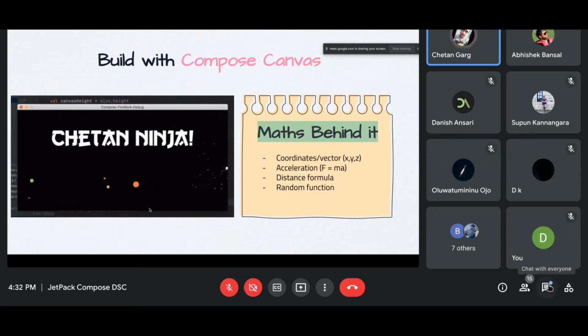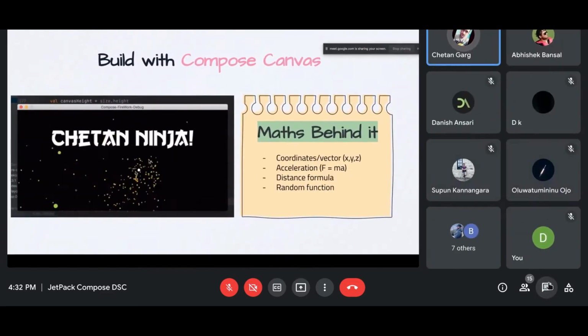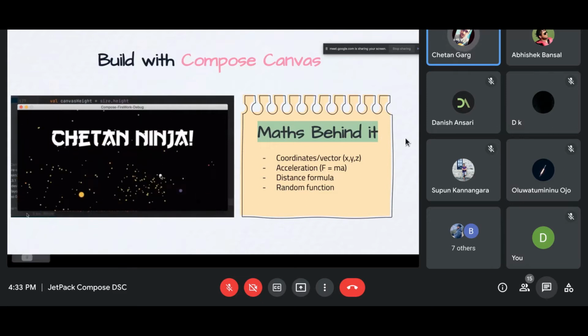So there will come a point when the negative velocity becomes 0 and the item will fall down. That's how the items come up and fall down, come up and fall down. Whenever they drop below the y-axis, I reset their position to a random y with a negative velocity again. It will go up, fall down, go up, fall down.